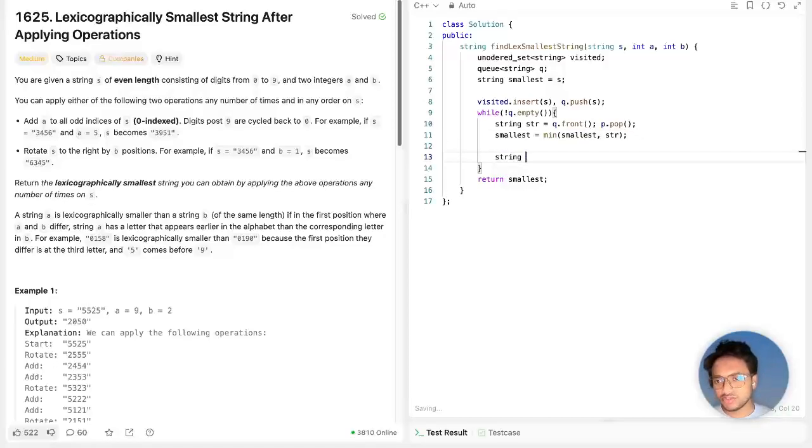So our first operation we can add a. Okay, so added string will be string, and if I add,